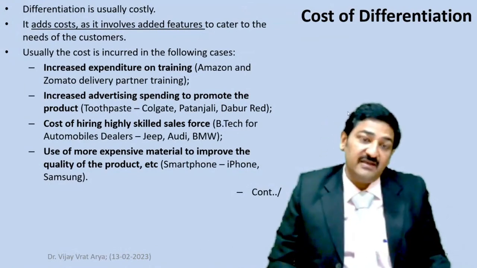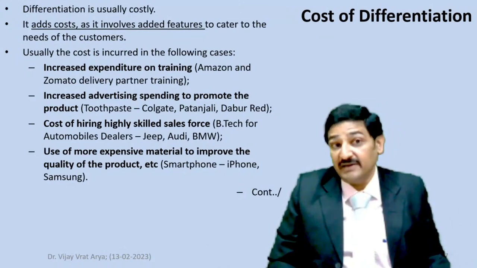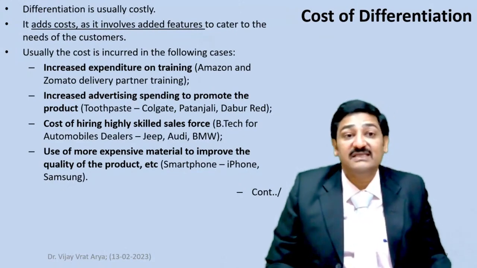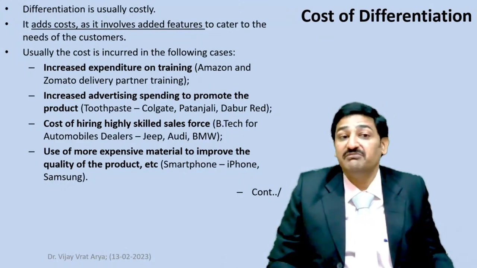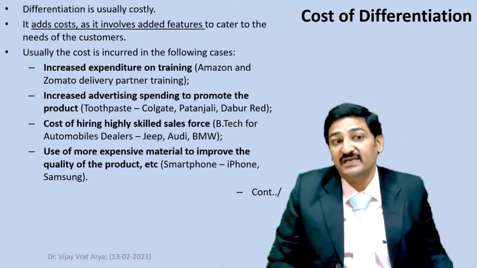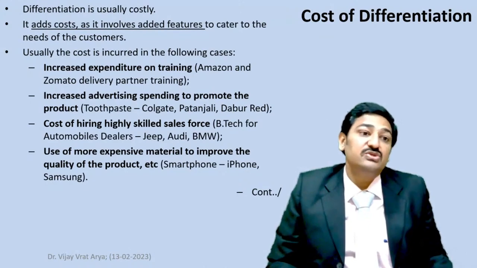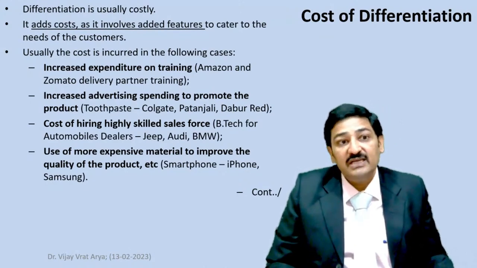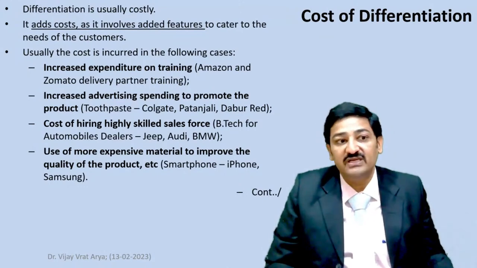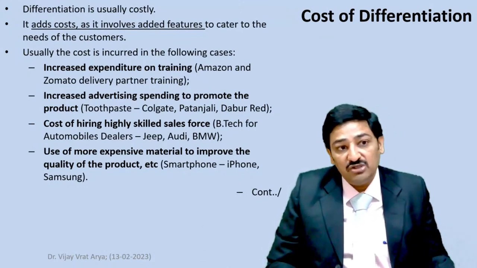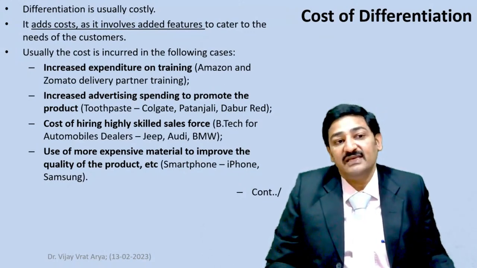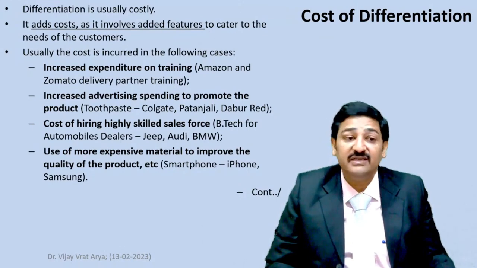Differentiation is usually very costly because it involves a lot of R&D, a lot of funds, and a lot of involvement of external agencies, maybe distributors or market research related activity that it needs to address. So it adds cost, as it involves added features to cater to the needs of customers. Usually the cost is incurred in cases like increased expenditure on training,